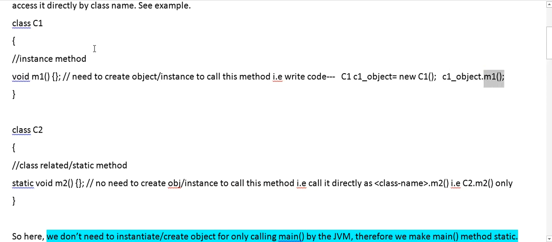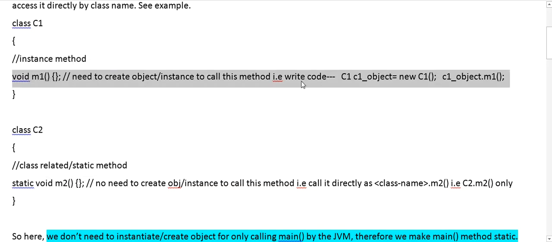Maybe you will not be able to understand it properly, so I'm just telling you in brief. We will discuss this in detail in the next video and later lectures, but just to clear your doubts, you need to understand that there are two kinds of methods: instance methods, and class related methods, which we can call static methods. For instance methods, we have to create objects.